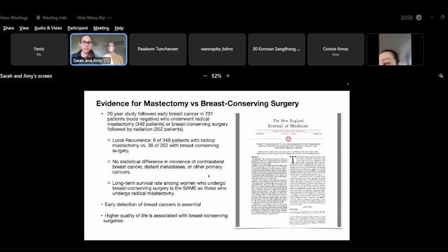So basically what they say is the long-term survival rate among women who undergo breast conserving surgery is the same as those who undergo radical mastectomy. And the argument is that those who have the breast conserving surgery actually have better outcomes and higher quality of life. So it's not necessary, if you have an early cancer diagnosis, to automatically think that you have to have a mastectomy. But again, what they're driving home in this article as well is that early detection of breast